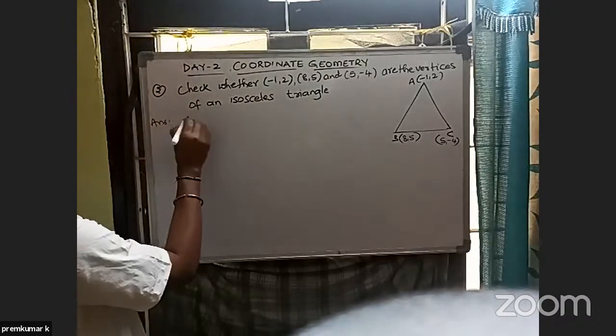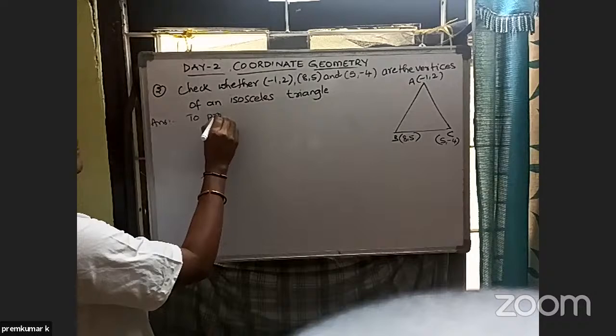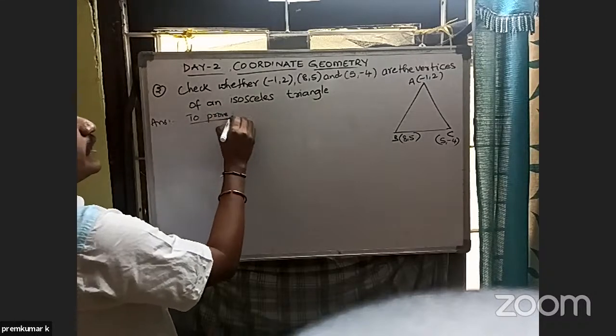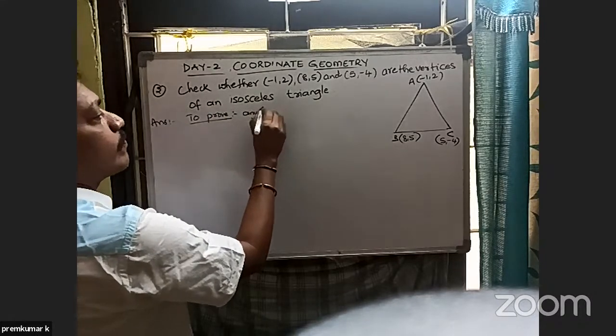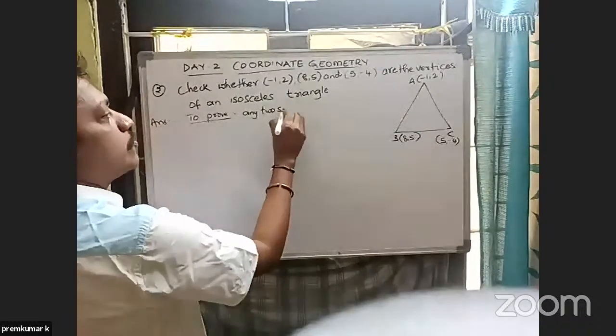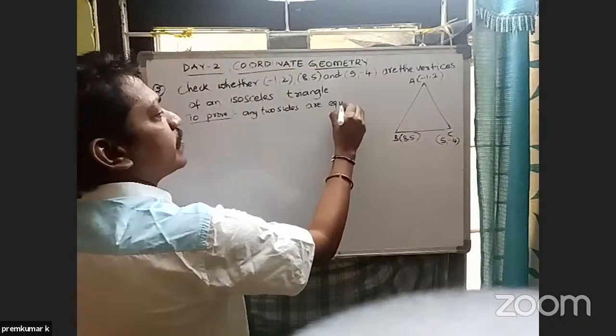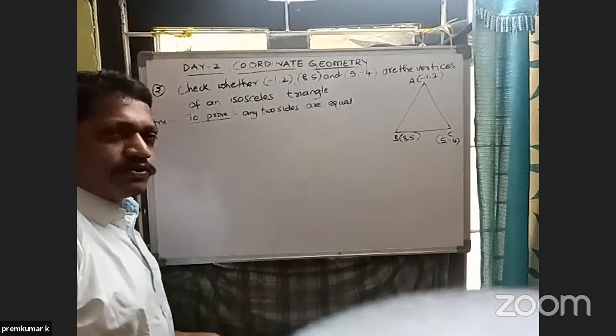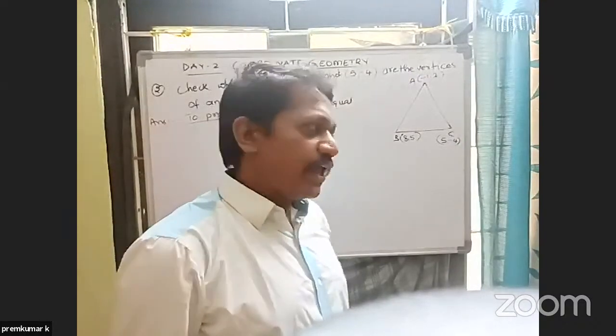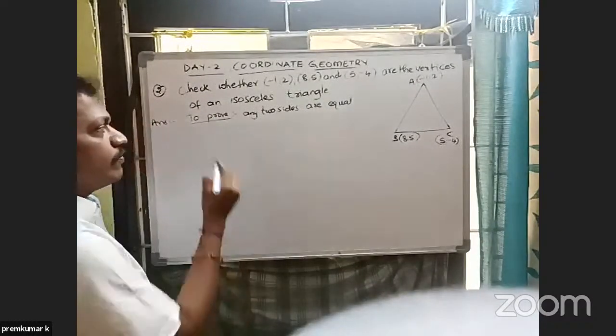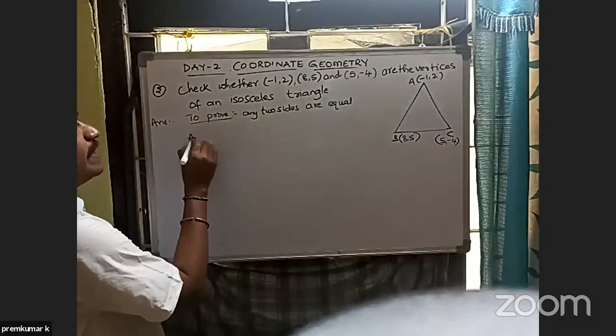We have to write, to prove any two sides are equal. Now we find the length of AB. A,